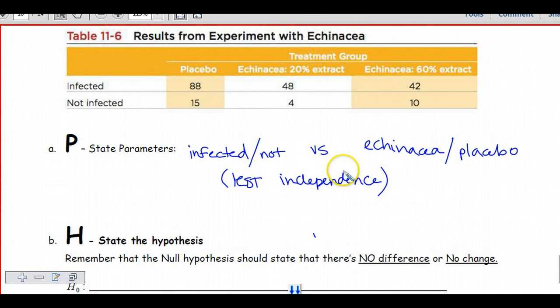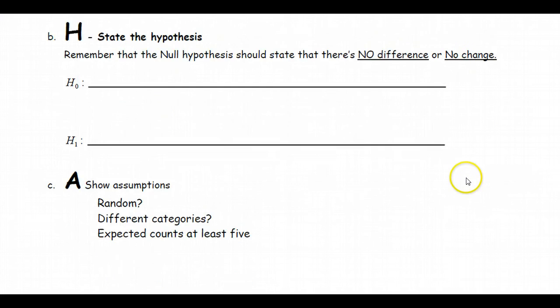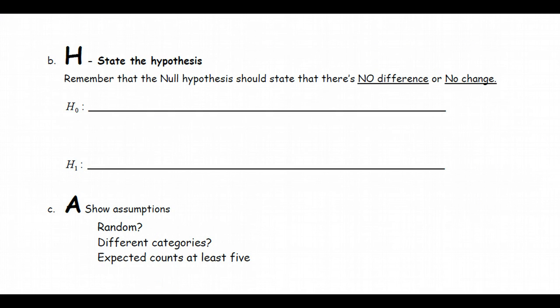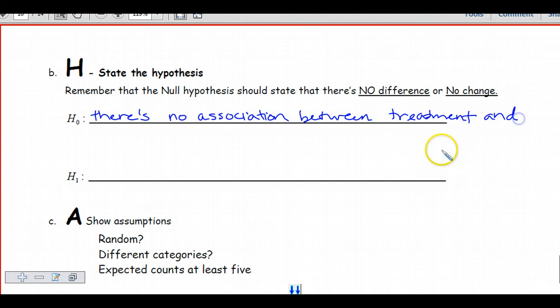Or you'll see if the question says, is there an association? That's the same thing. All right, so that's our P. H, state our hypotheses. So remember that your null should always say no difference, no change, no association. So our hypothesis is going to say there's no association between treatment and infection,